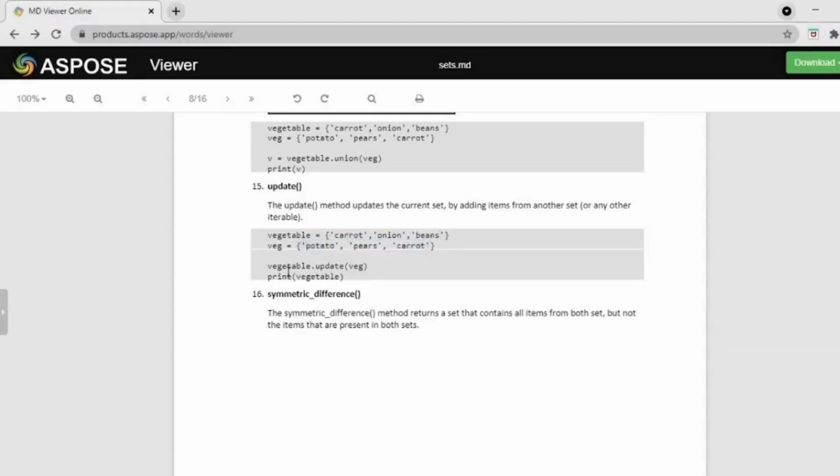Therefore, when we give vegetable.update of veg, we get the set as carrot, onion, beans, potato, peas and carrot. But don't forget that carrot is repeated here, but the set will store only the unique values. So the output will be carrot, onion, beans, potato and peas.